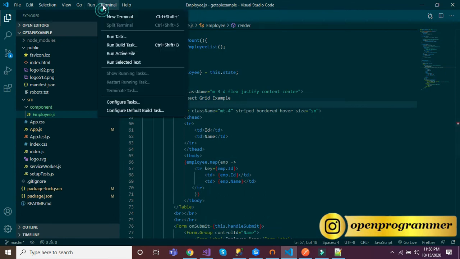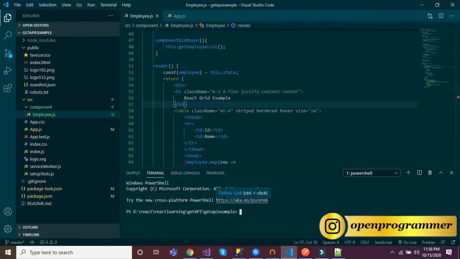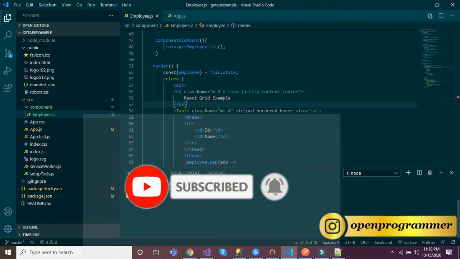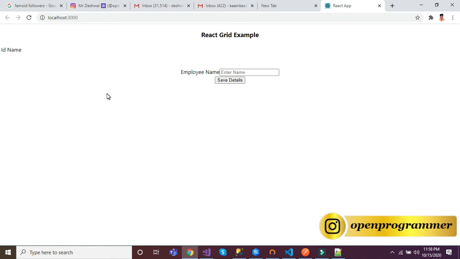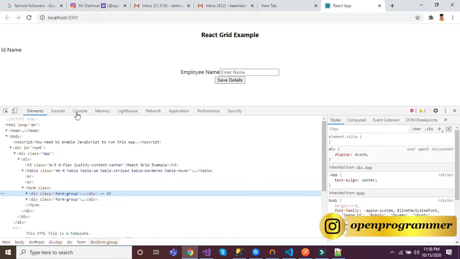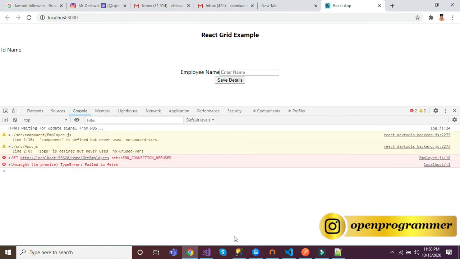So let me show you. First of all let me run this React project. It will take some time. So it is starting, right? This is my React project. It is loading. Let me show you where the error is coming from. Let me inspect it and go to console. Okay.